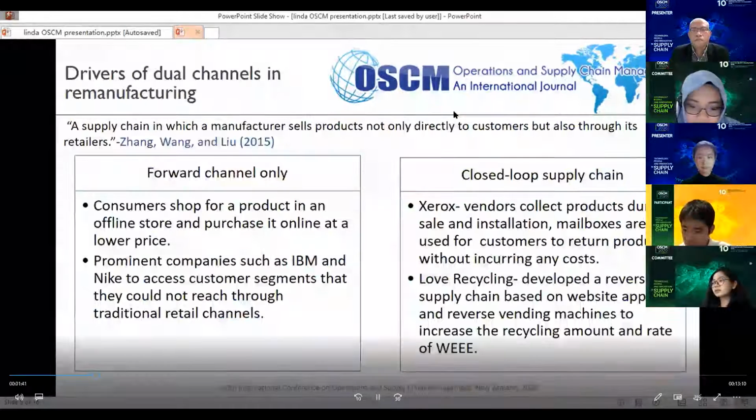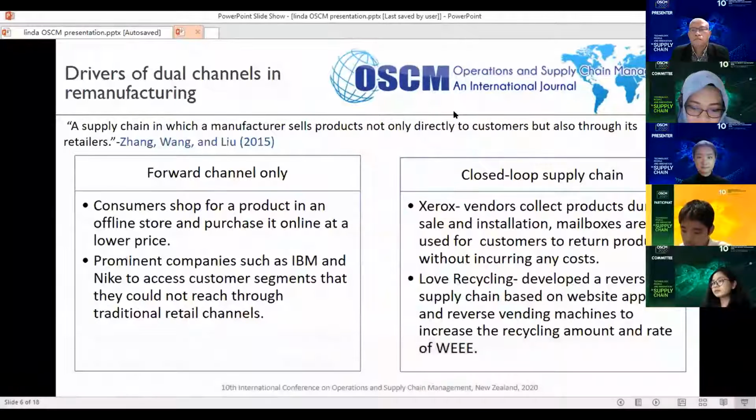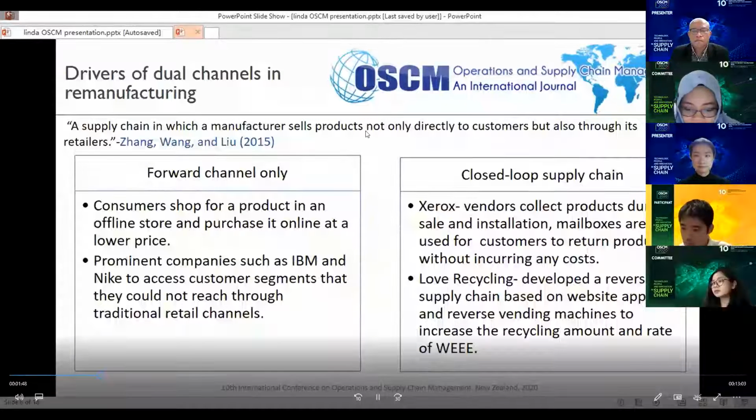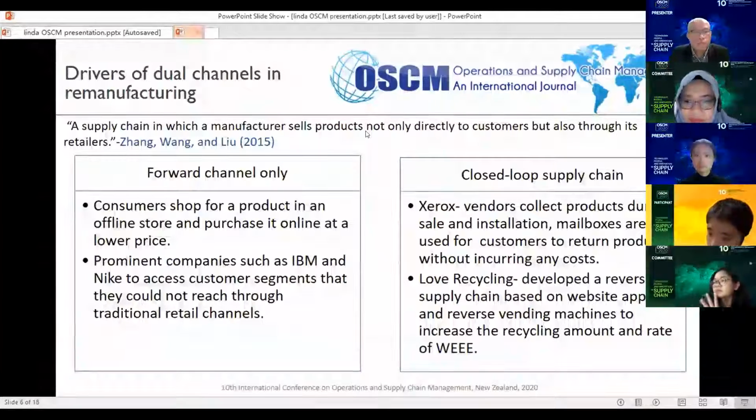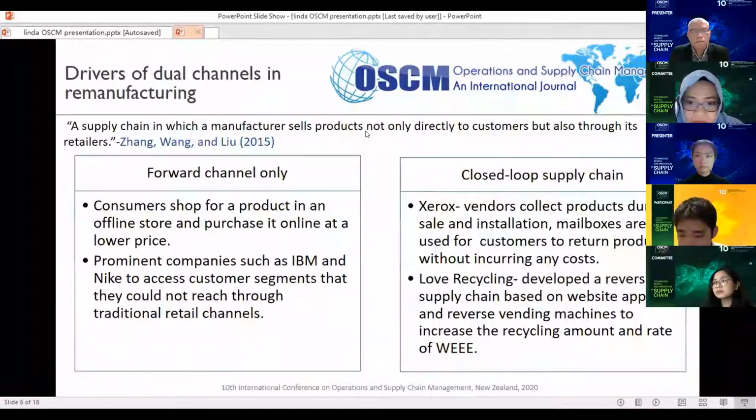So the dual channel supply chain has been traditionally defined as a supply chain in which a manufacturer sells products both directly and indirectly. By directly, we mean selling them through an online channel, and indirectly, it's like selling them through a retailer. So in the traditional forward chain, the dual channel has been beneficial, for example, for companies like Nike and IBM, who have been able to access customer segments that they could not reach through traditional retail channels. And customers go to shop for a product in an offline channel, but they buy it online at a cheaper